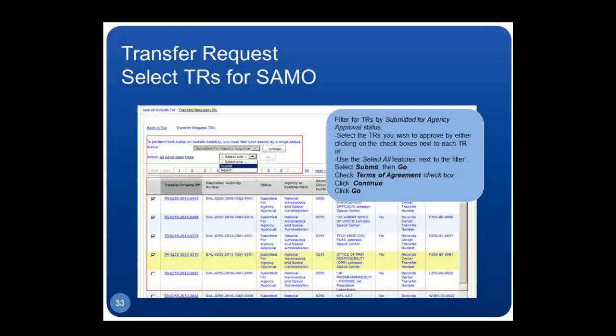And then from there, the user, the agency approving official, would select either specific transfer forms which are ready for transfer to NARA, select all transfer forms, and that's all transfer forms in the search results, even if there are 10 pages of search results and they're not displayed on the screen, select all search results on the page, or none. If you inadvertently select all and you meant to select 2 or 3, you can undo that by selecting none. So that would be the next step after filtering, selecting the specific transfer forms which are ready to transfer to NARA, and then